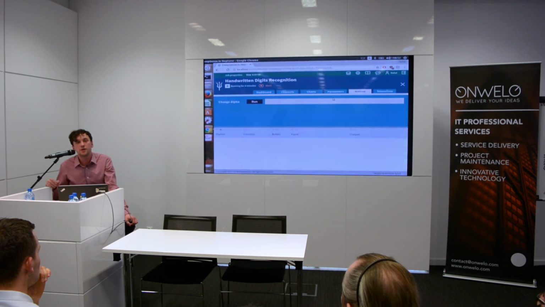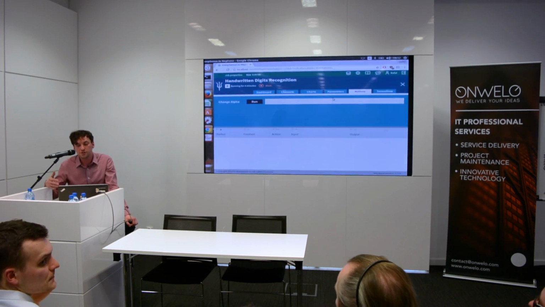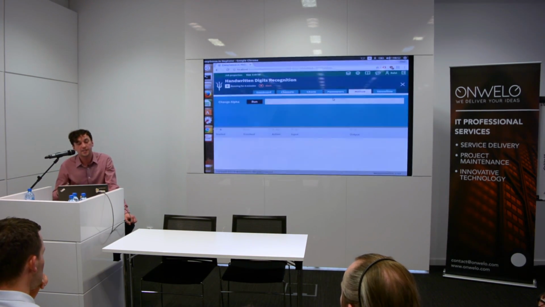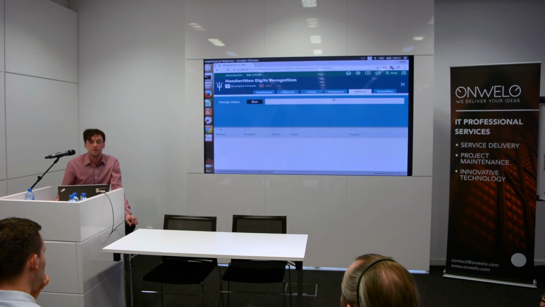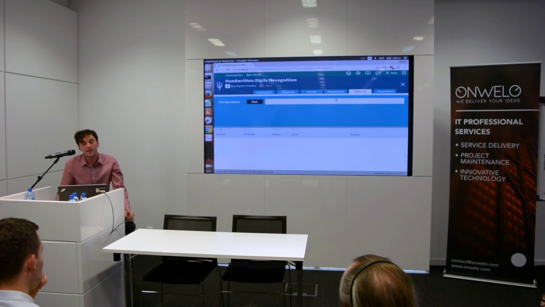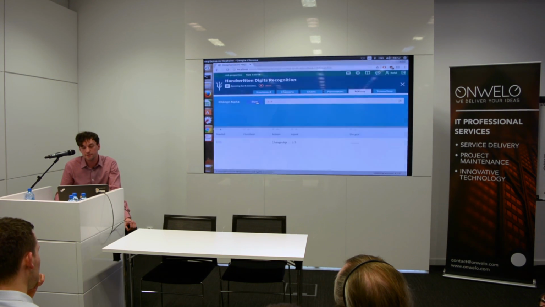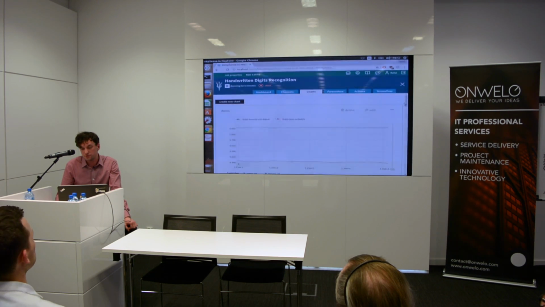In your code you can register functions that you are able to run during the experiment execution from the web UI. So I defined a function change alpha, which changes this parameter. So now I can specify a new value for alpha, click run, and we can see in charts tab